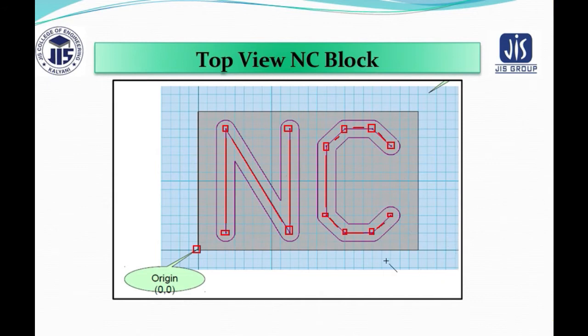Now next step is you have to calculate the coordinate system. So I would like to go with which mode? Absolute mode or incremental mode? My preference for this particular type of program is absolute mode, because you have to only mention the value for x and y, nothing more than that. What value you are going to give here? You are going to give a value for x comma y. Here also you are going to give the value for x comma y.